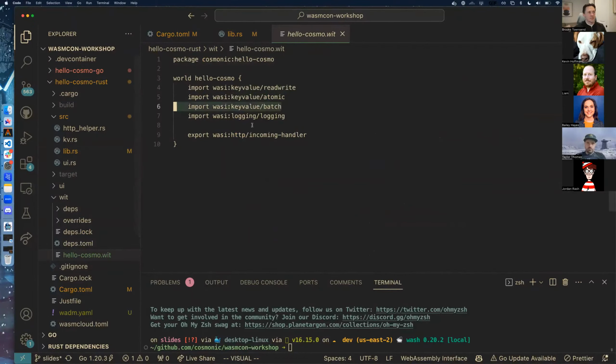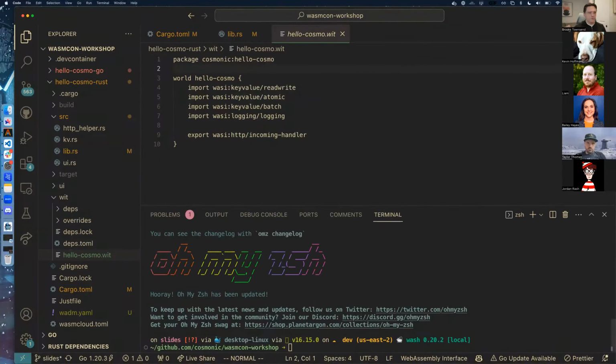I think we don't even technically use this one. We import the WASI logging function, and then we export the WASI HTTP incoming handler. This has a couple of benefits. Of course, we're using WIT to generate the bindings and types here, which is really exciting. When we run